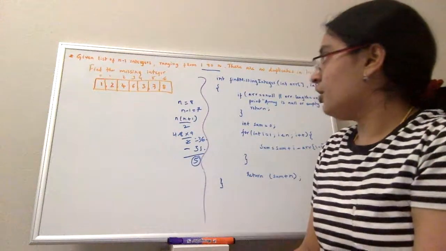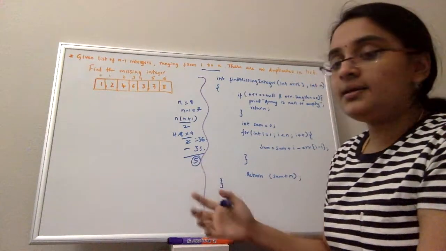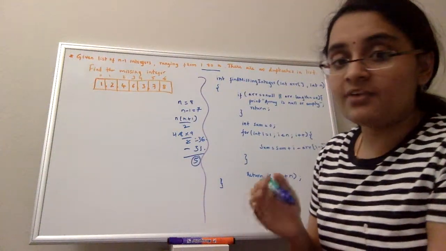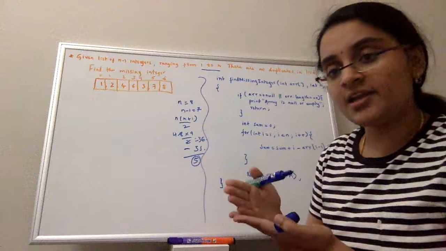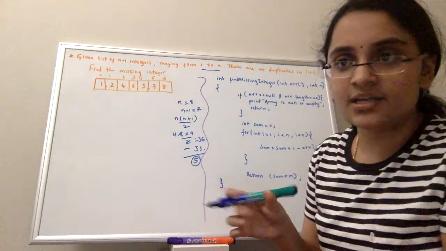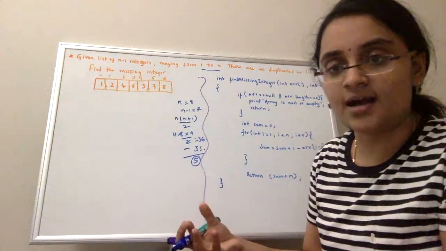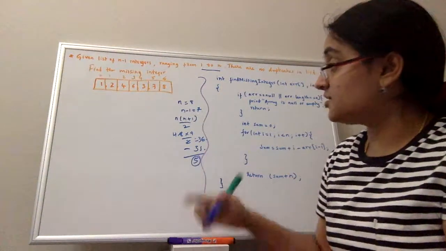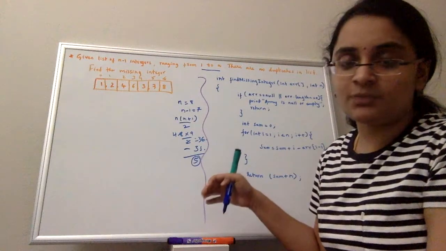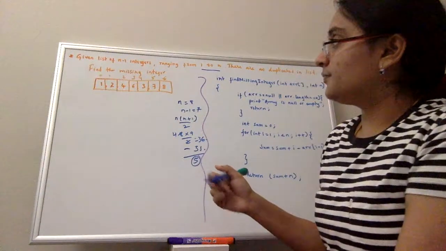But this solution is problematic if n is large, because an integer also has a range, and if n is very large there could be an overflow that can occur. So that is the reason, instead of doing this approach, I have a better way of solving this problem. So what we can do is